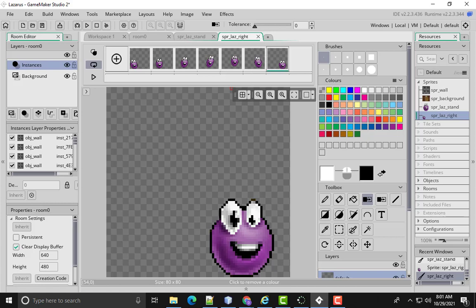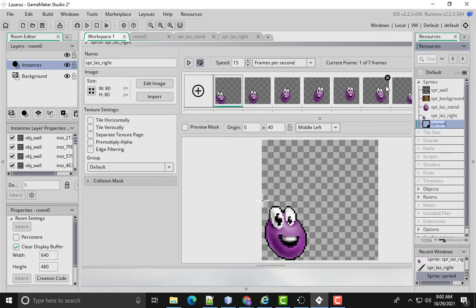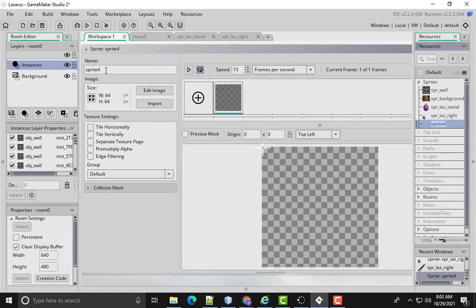Let me pause here. So here's our little grape guy. We're going to just create all the Lazarus sprites. So since we're in sprite creation mode, we'll just stay in that mode for a while. Okay, so the next sprite to make would be maybe up and to the right. So we say create or jump right. That's this one. So we call this one sprite Laz jump